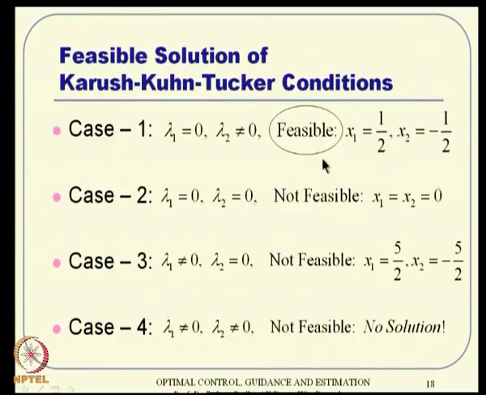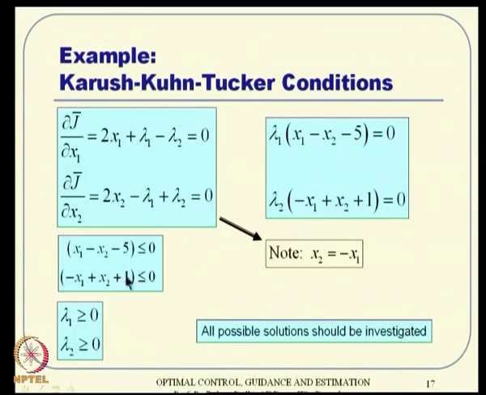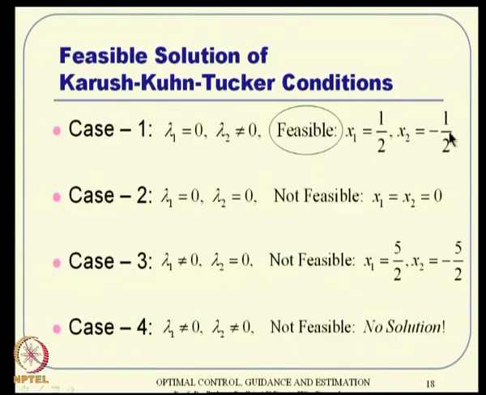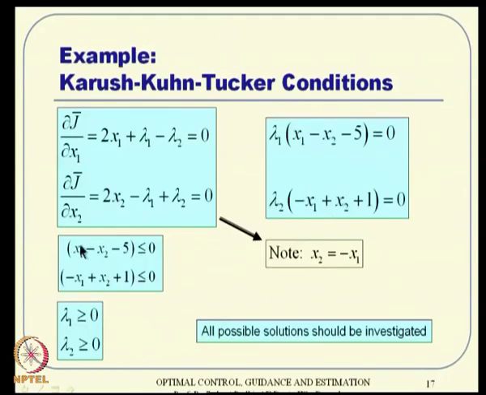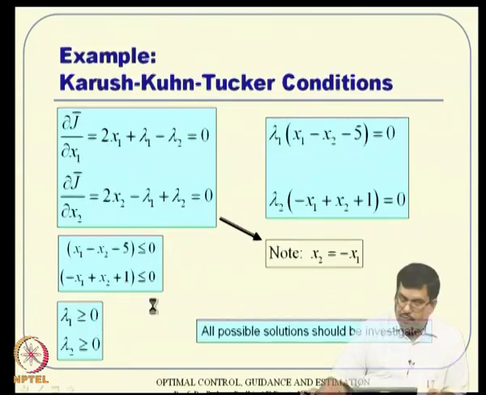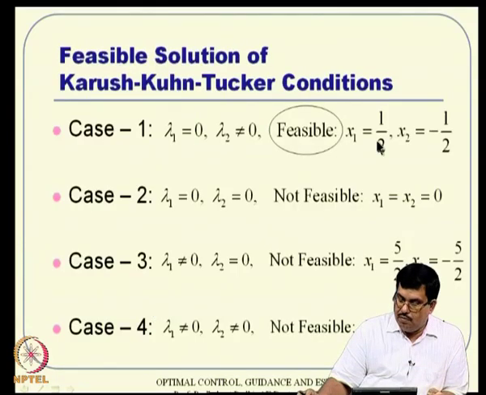But see, the condition you are looking for is primarily to evaluate this set of constraints, because this condition has been taken care of from there also. So let us look at these two equations first. If you have x1 = half and x2 = minus half, and if you put them in, this happens to be minus 5, which is less than 0, so it is satisfied. And if I have the second condition of half and minus half.